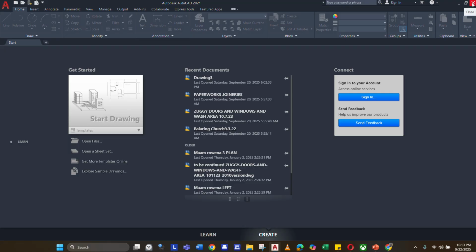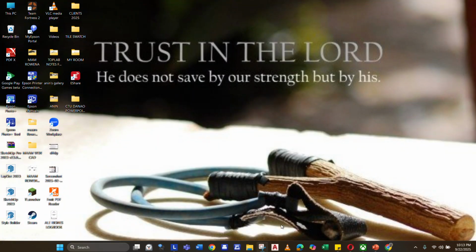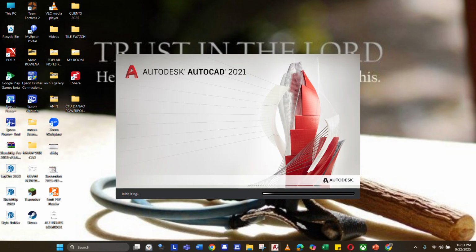Well, actually, the first thing that shows up is that it is still loading. So, let me start with it in the beginning. This is what first comes out. It's still loading. Let's wait just a little bit, because I really need to show you what comes up when you click the Autodesk logo.